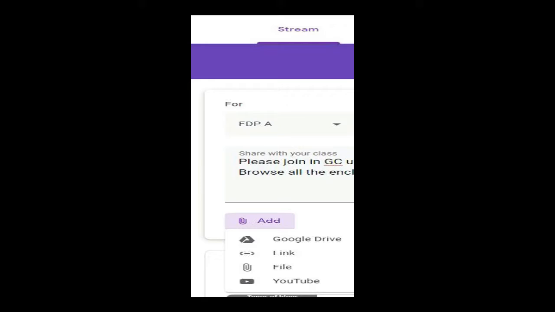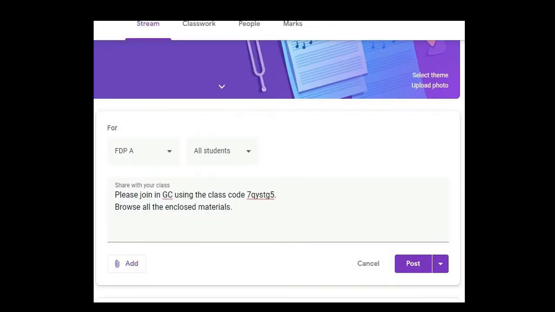We can add material from Google Drive, link, file, and YouTube attachment. Let's see it in detail. If you take this slide, you can see share with your class. You can type some important information in share with your class. Here I typed, please join Google Classroom using the class code, or browse all the enclosed materials.